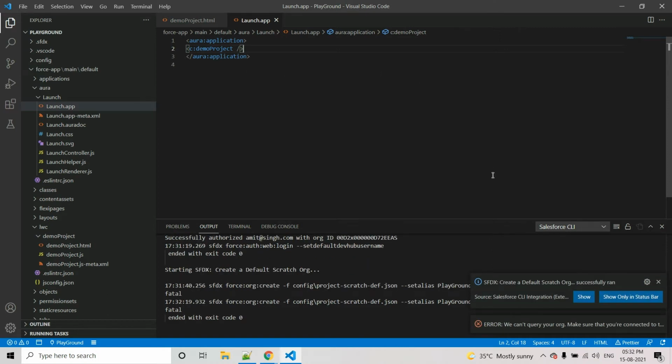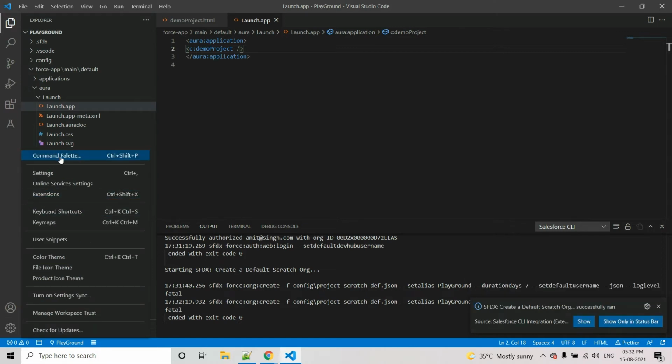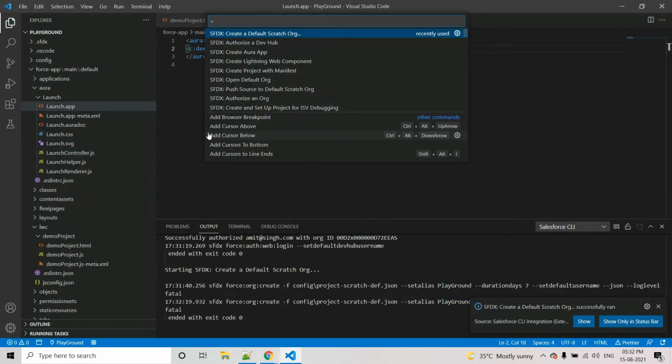Okay, so the default scratch org has been successfully created, and now we have to push the source to the default scratch org. Just click on sfdx colon push source to default scratch org. Just click on it.